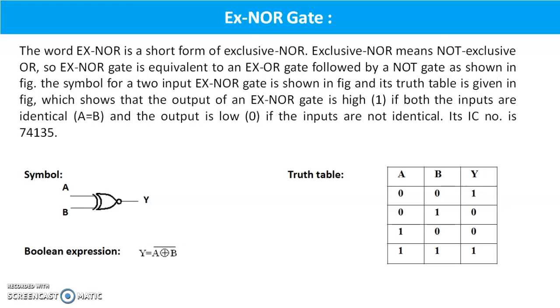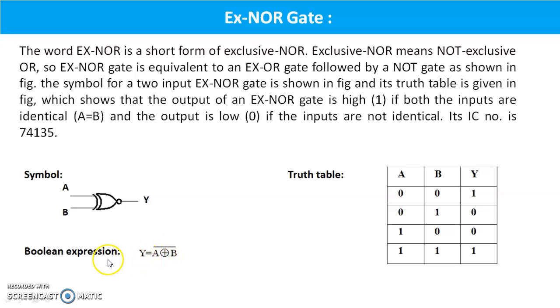Next is XNOR gate. XNOR gate is the opposite of XOR gate. This is the symbol of XNOR gate. In the truth table, when an odd number of inputs is given, then output will be 0. So it is the opposite of XOR gate. When we apply both the inputs active low, that time the output will be 1. When we apply the input 0, 1, for odd number of inputs in XNOR gate, the output will be active low. So here the Y output is 0. Same for 1, 0, the output will be active low. And if we apply both the inputs A and B as 1, 1, then output will be 1.